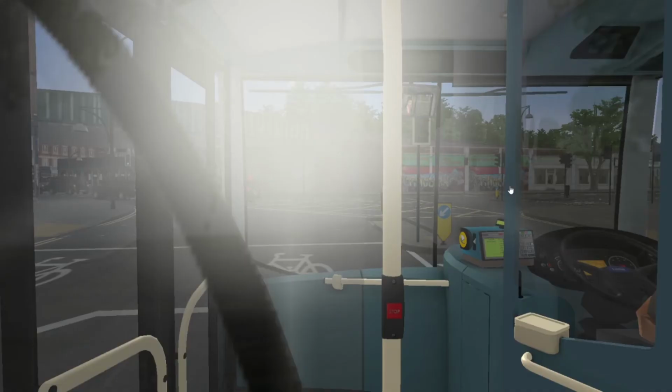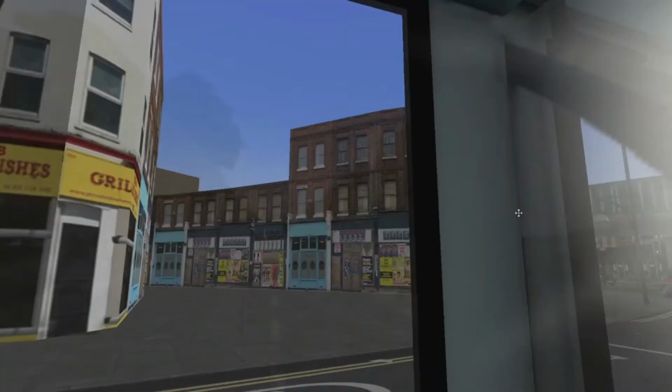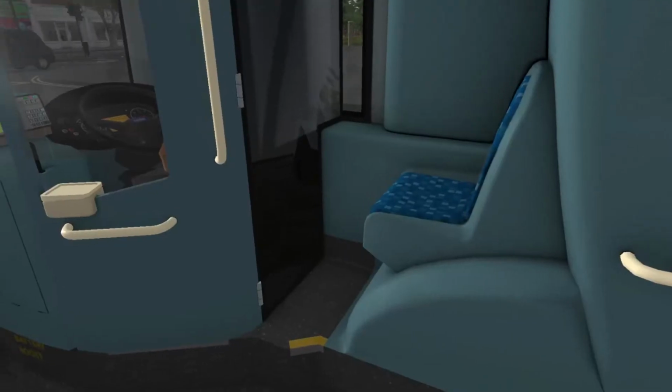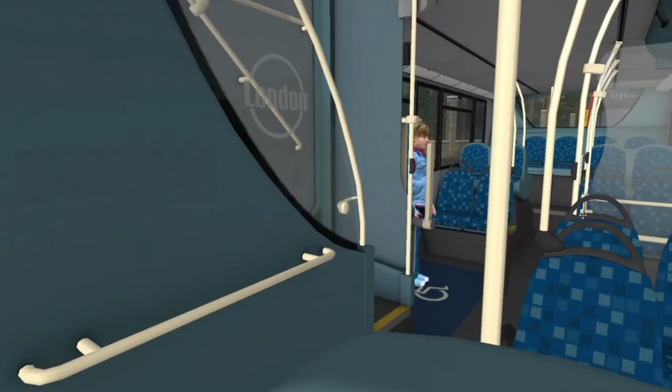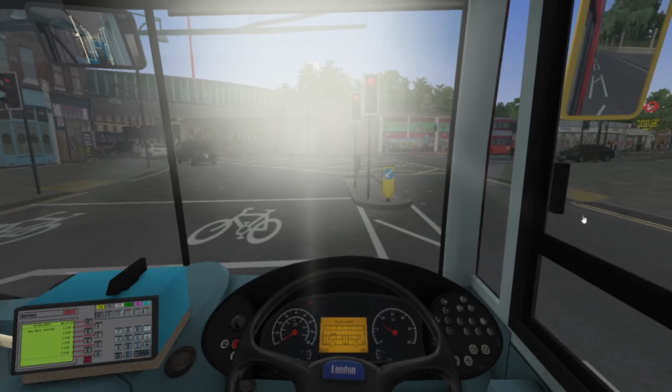Passengers did... Hang on, can we go around? Passengers did get on the bus. That sun, wowee. But I guess that's what the sun can actually do when the sun's out in England. Who knew? So we'll see how far we can get without running into